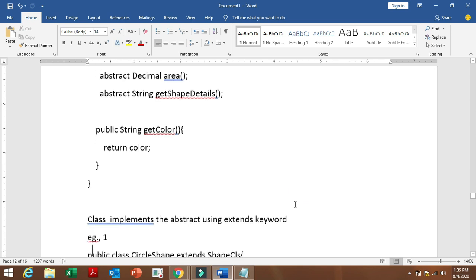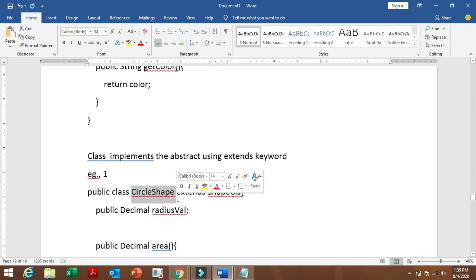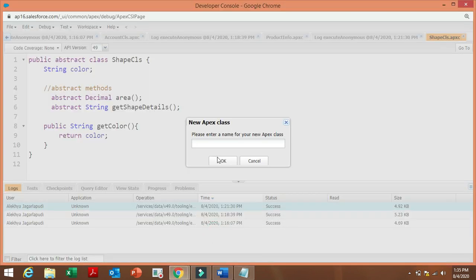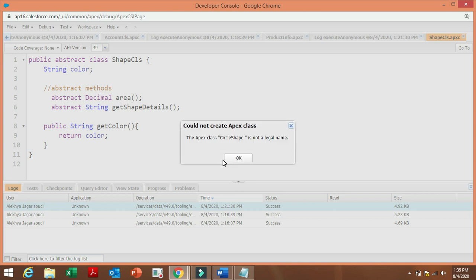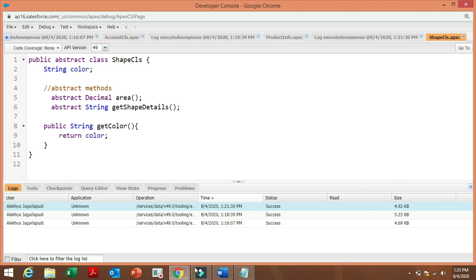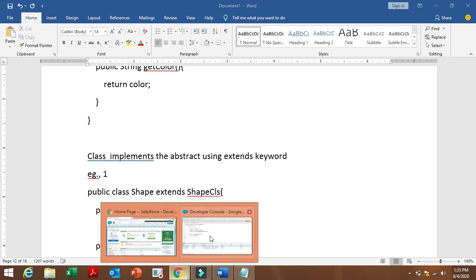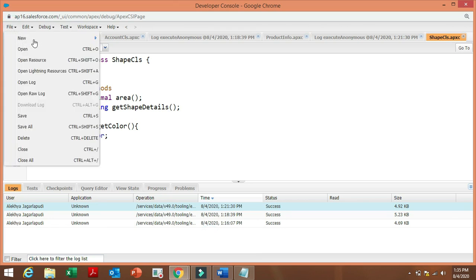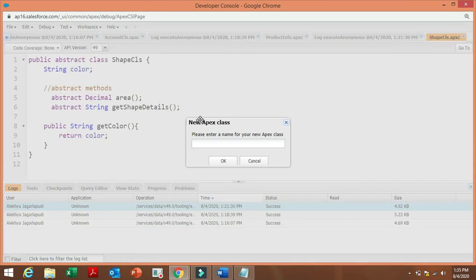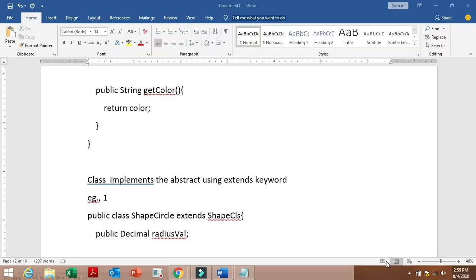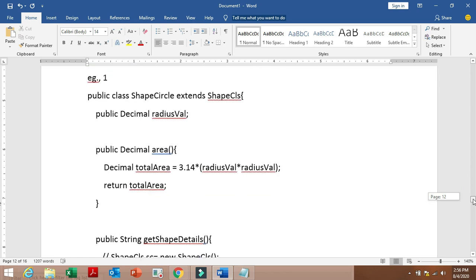Let's take another class using the extends keyword. What is the other class name? Circle shape. Let's take shape.